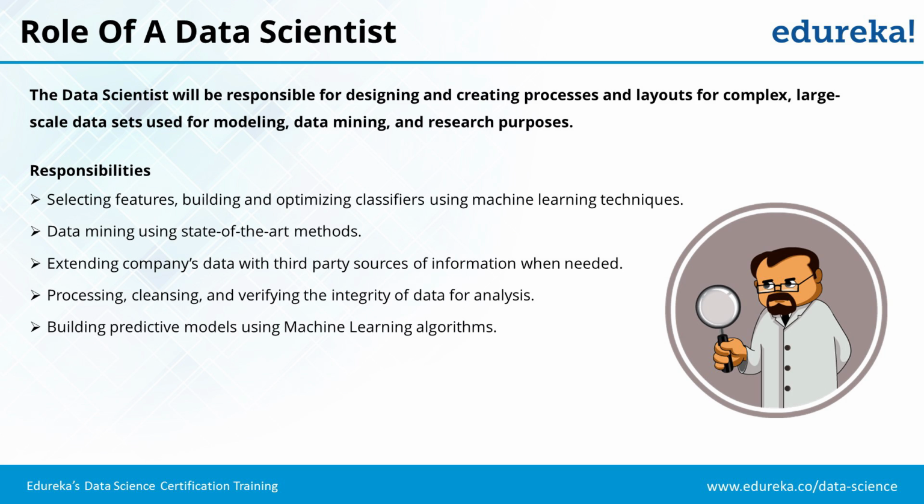A lot of a data scientist's time actually goes into processing and cleaning data and verifying the integrity of the data. It is very important to ascertain whether the data provided to a data scientist is correct or not. For example, there can be a lot of outliers in the data. Let's say I have a data set of 100 items and all of these items have values between 1 and 1000, and suddenly there are 5 or 6 data items that have values in excess of 10,000. These are my outliers. There are also about 10 or 20 values that are negative, and they can affect my analysis negatively. So we need to actually remove these kinds of data items from our data sets.